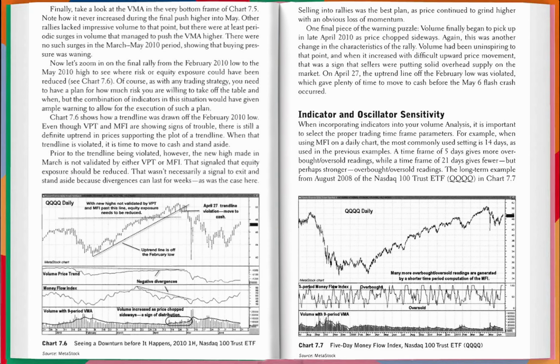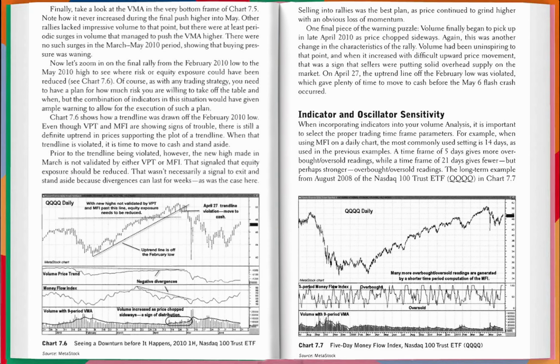Indicator and oscillator sensitivity. When incorporating indicators into your volume analysis, it is important to select the proper trading time frame parameters. For example, when using MFI on a daily chart, the most commonly used setting is 14 days, as used in the previous examples. A time frame of 5 days gives more overbought-oversold readings, while a time frame of 21 days gives fewer but